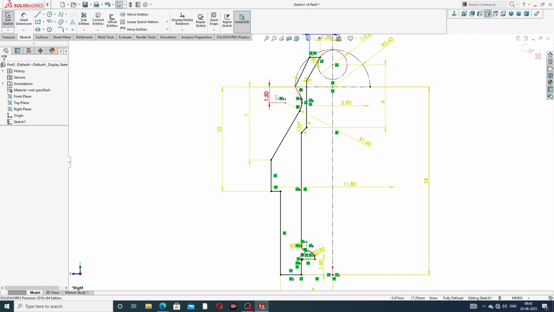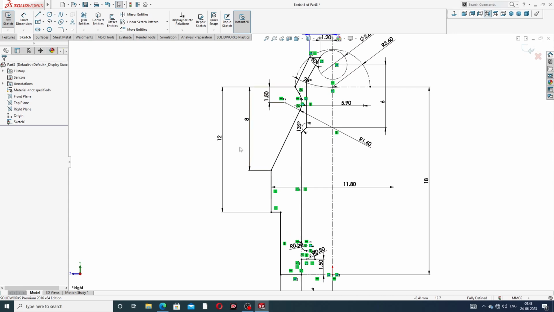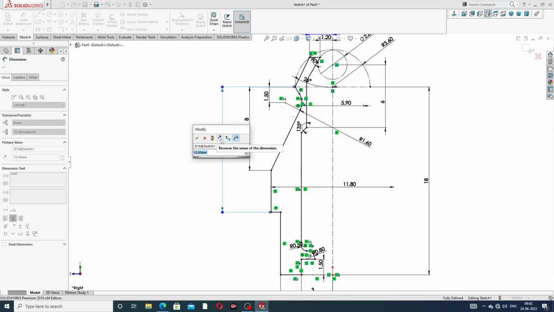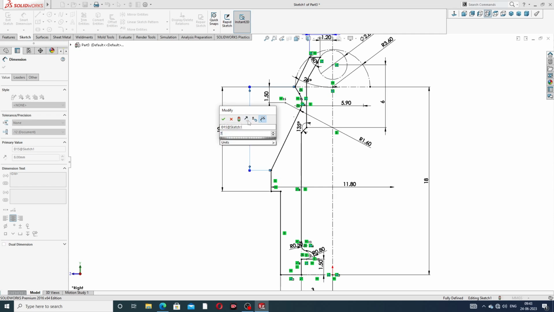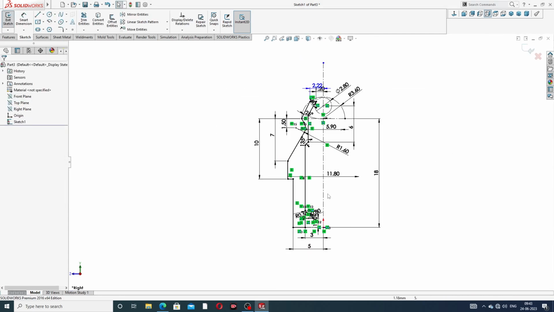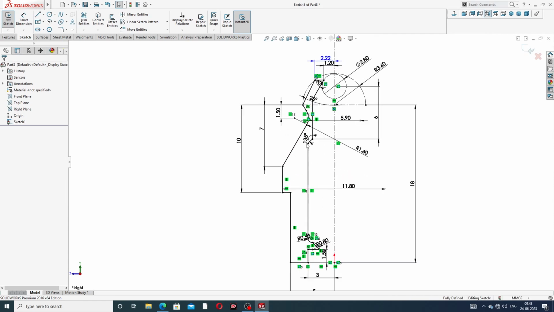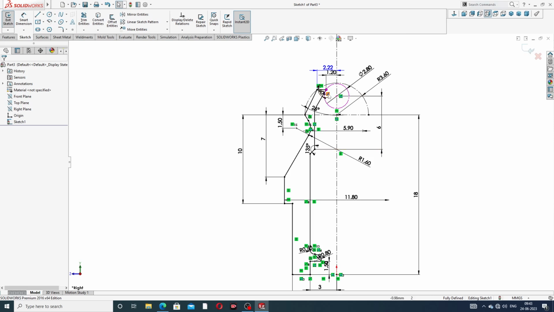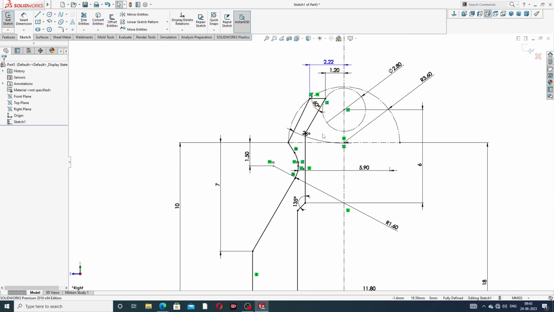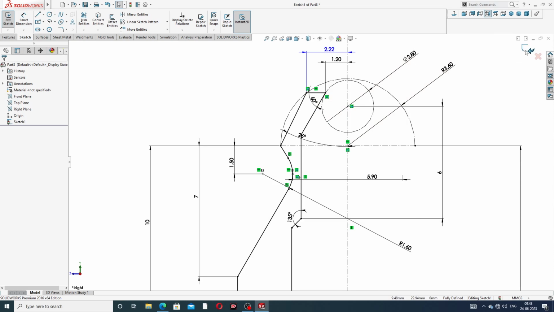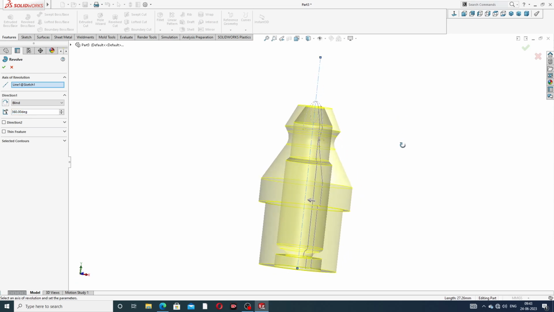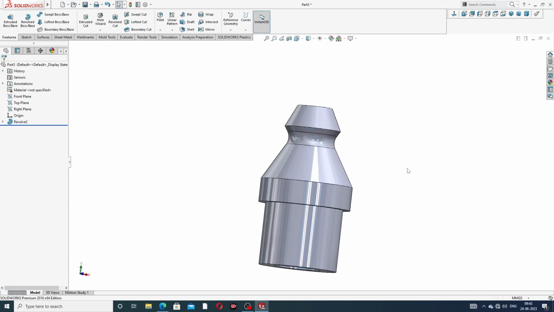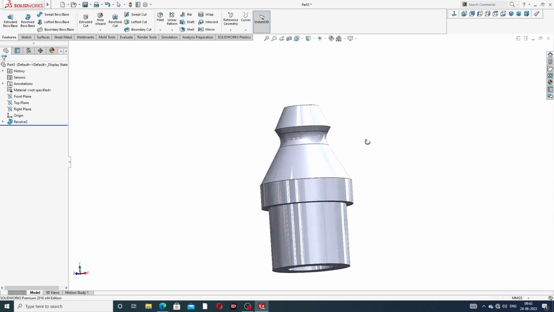Okay, this is not used, and use a 10, and use a 7, and this is perfect, and use a revolve boss, and okay, this is perfect. Okay, this is very nice looking here,